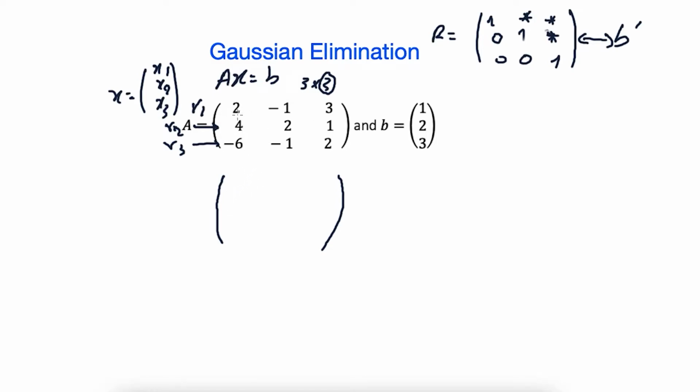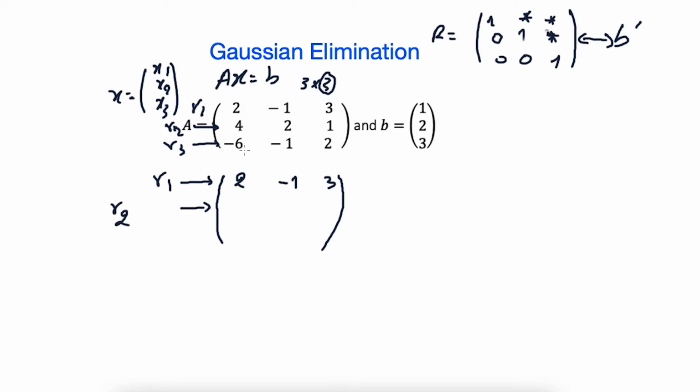We will later change it to get 1 here, but now we just write it: 1, 2, minus 1 and 3. So we just write R1, the same row. And to get 0 here, we need to get R2